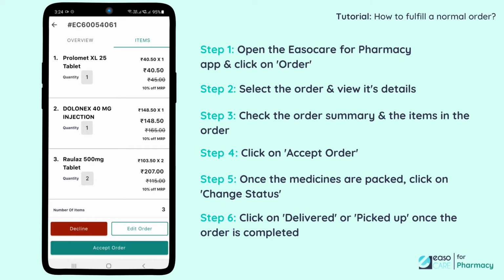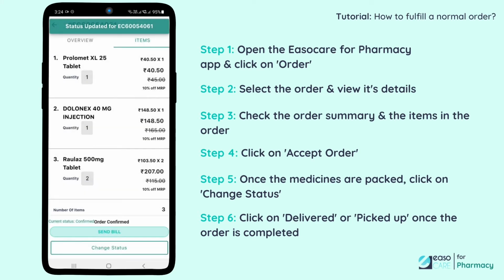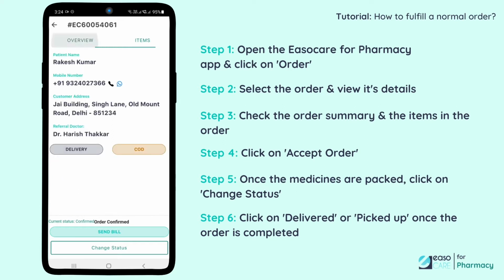We would come to that in a moment. For now, let us accept the customer's order by clicking on the Accept Order button. Now, a WhatsApp message has been sent to the customer and you can start processing the order. If the payment type is online, a payment link will be sent to the customer to pay online and confirm the order. But if the payment type is COD, the order is automatically confirmed.